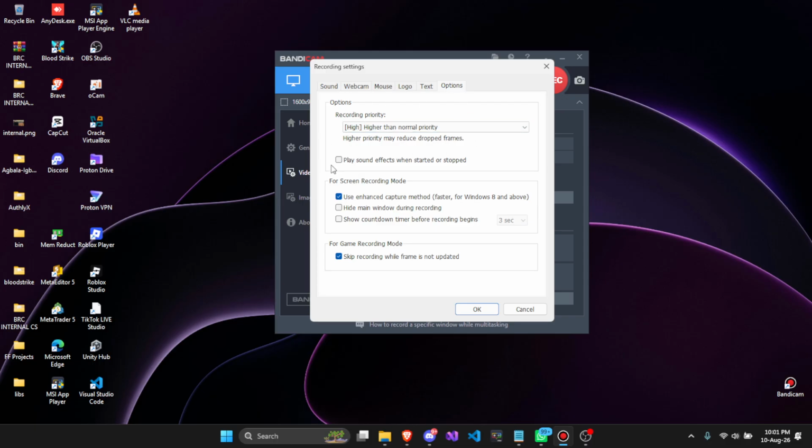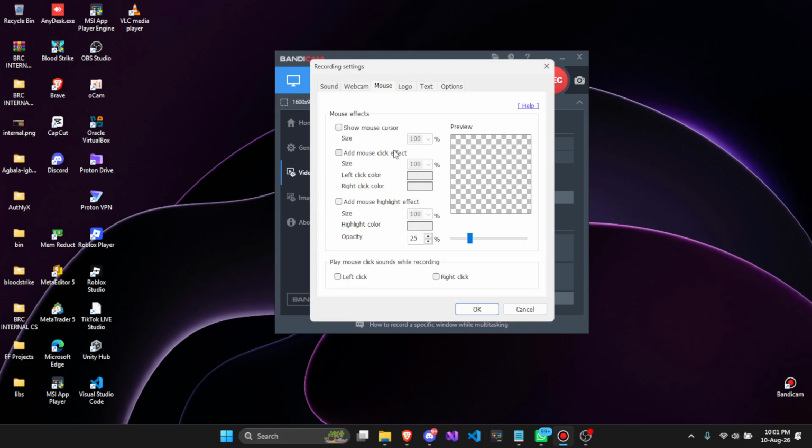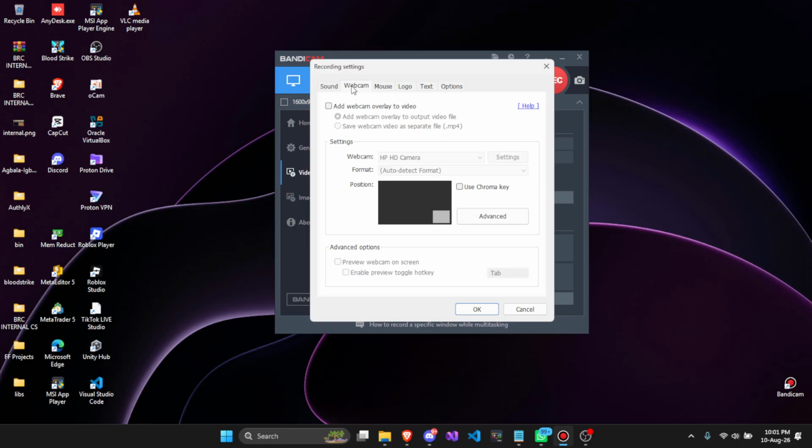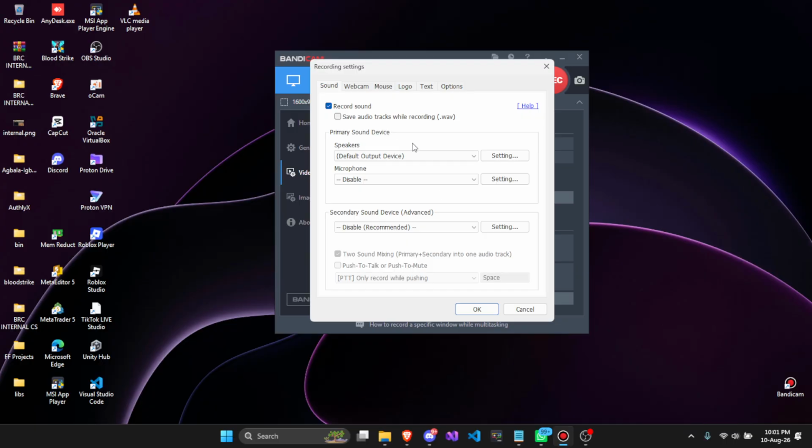However, if you have a very low end PC, this might not really help you at all. People on like 5th gen, 4th gen downwards, don't bother recording. If you're not getting at least 60 FPS when you're not recording, don't bother. Just don't even try, to be honest. And for that, now